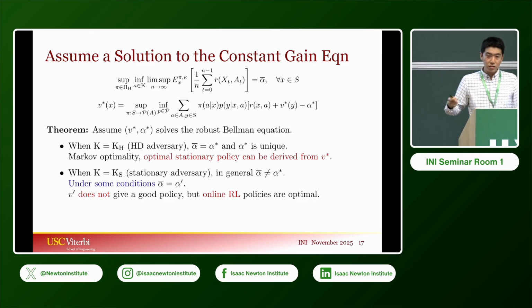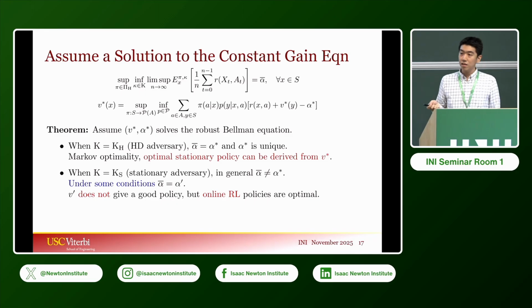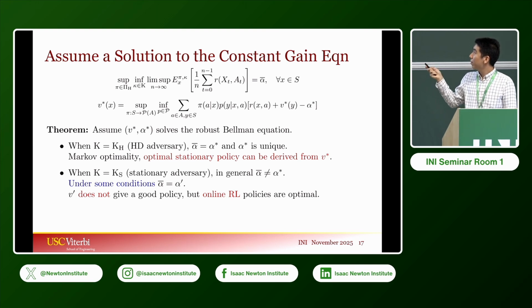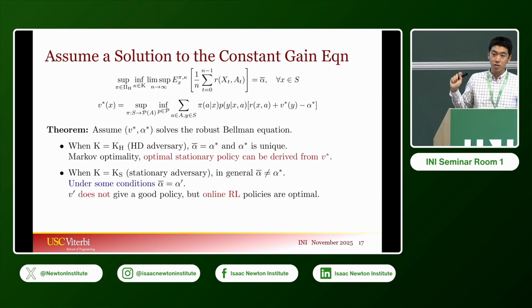If the adversary is history dependent, then we have dynamic programming. You can show that alpha bar is equal to alpha star. And because alpha bar is uniquely defined as the optimal robust average reward, it is unique, so alpha star must be unique. And also we have Markov optimality, as well as the optimal policy being characterized by the solution of this robust